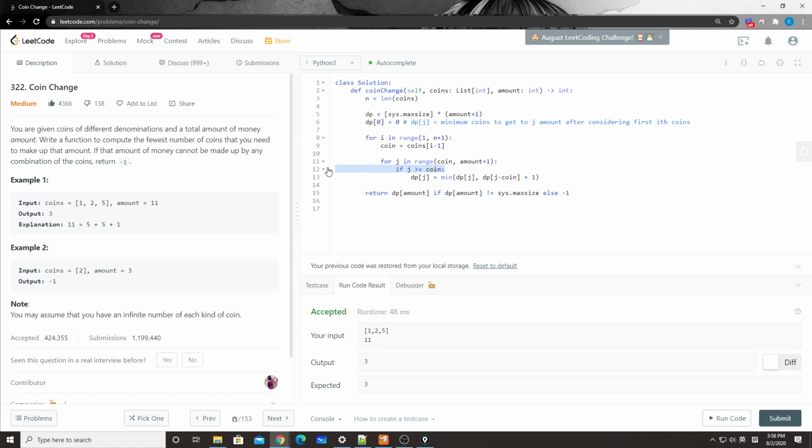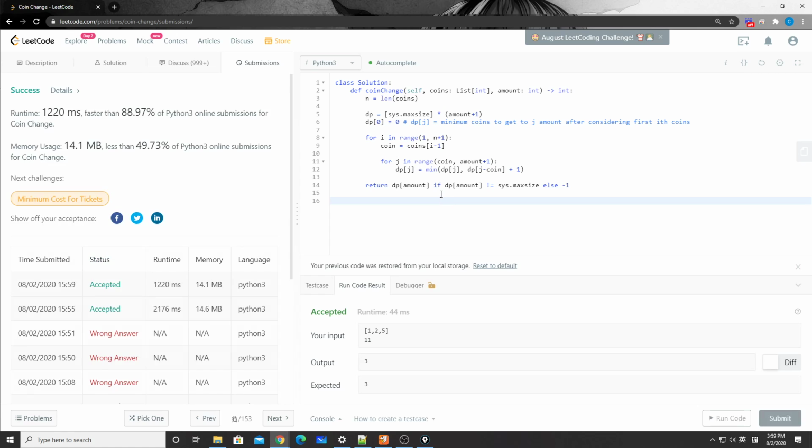Okay, so this should just work. Let's try to run it again. Yeah, cool. So as you guys can see, for this knapsack problem,